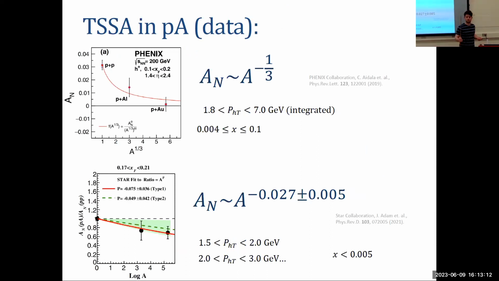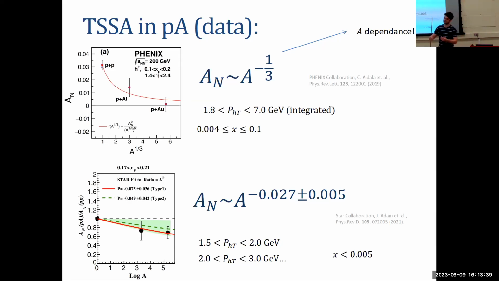This observable has been measured and it exists. I won't go into details of how it was measured. I only want you to focus on that it was measured in some region of x and that it depends on the nuclear number, so it depends on A. What that may hint is that transverse single spin asymmetry can be a good way maybe to probe